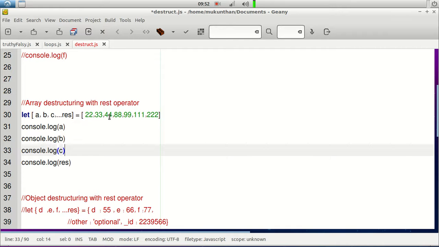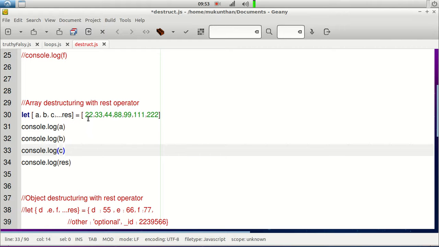So you might have a scenario like, let's say you have an array. The first two values are some important value, like an ID and the SSN number, or let's say the Aadhaar number, and the remaining are like salary or age or different data altogether. What you want to do is get the first two values into different variables, and the remaining ones as a separate array.